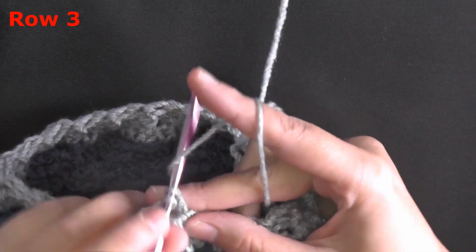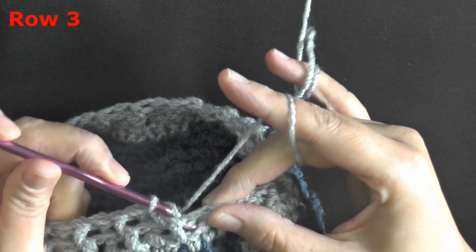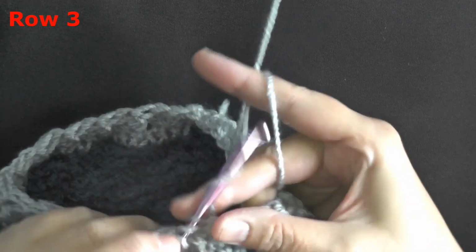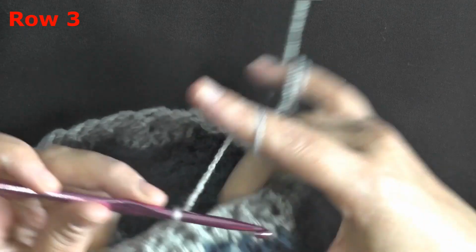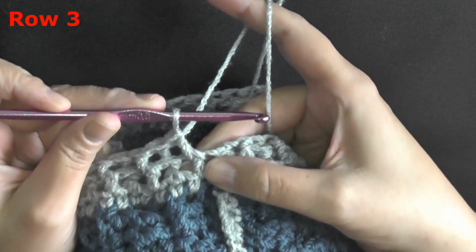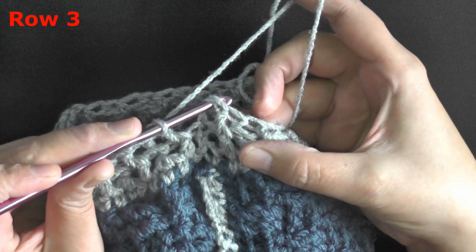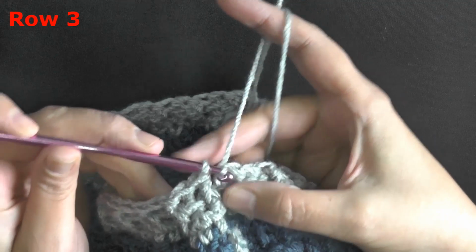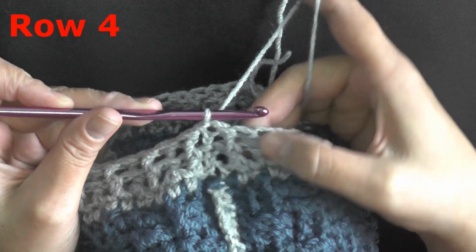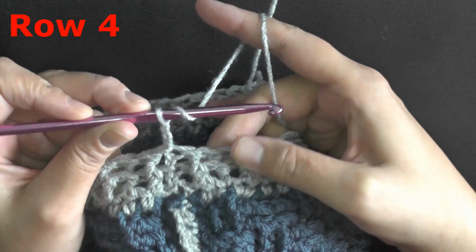Okay, I'm coming up to the end of round 3, still alternating. Okay, so I ended on a front post double crochet, and now here's my chain at the very beginning, and you want to slip stitch in the beginning of that chain 2, then again chain 2,